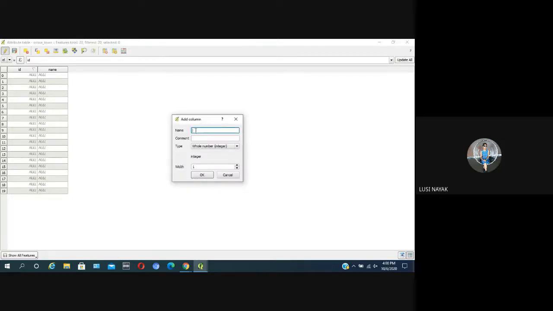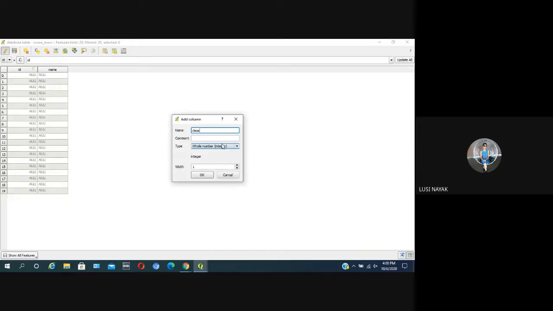Now a dialog box is coming. 1 minute. Add column. Here you have to enter the name of the column. Now I want to enter a column in which I will mention the class of the town. So the name of this column is class. Then the type of the column is whole number or integer, because I will be entering the class of the town as class 1 or class 2 or class 3.